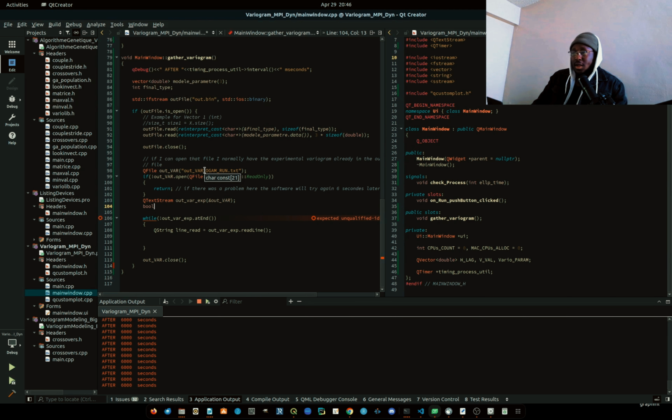So I am creating this bool now just to use it as a flag. I will call it ready to go, and I will initialize it false because we're not ready yet. So now when I'm reading a line,